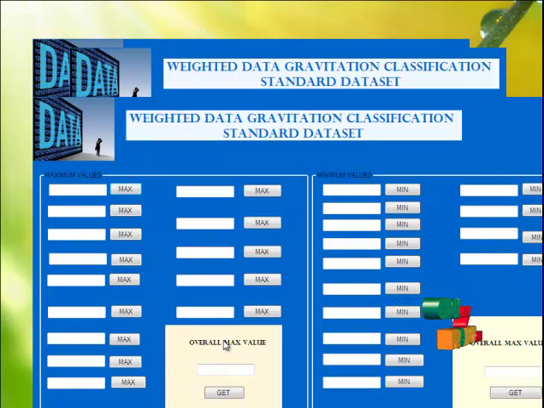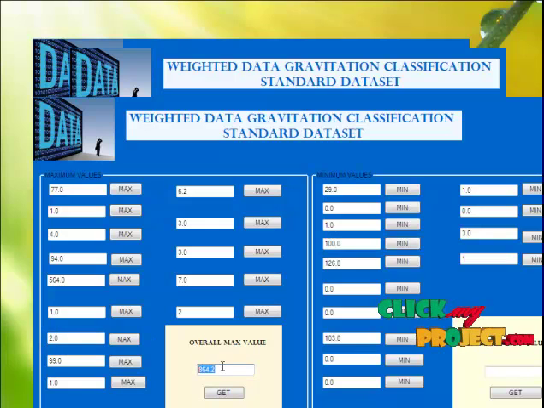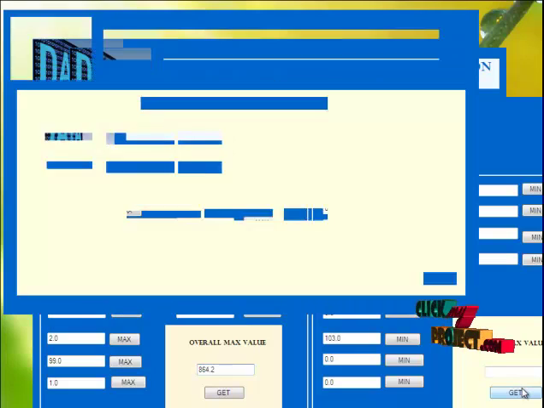Here also we have to calculate the threshold value. For that we have to find the maximum and the minimum values for each attribute. To get the overall maximum value of the lung dataset, press this one. You will get the maximum values. To get the overall minimum value, click this one.